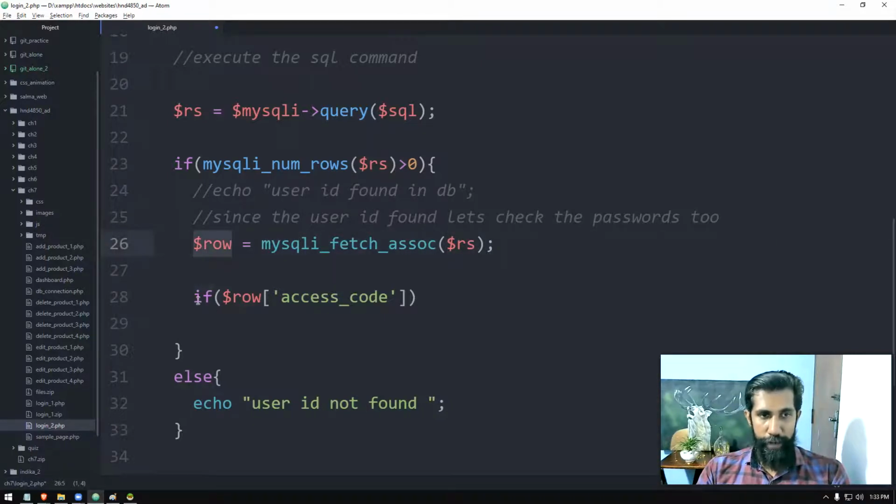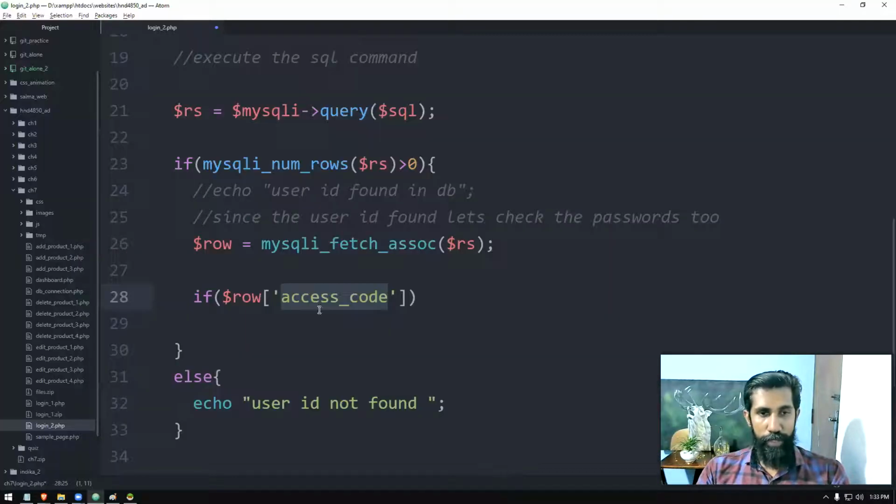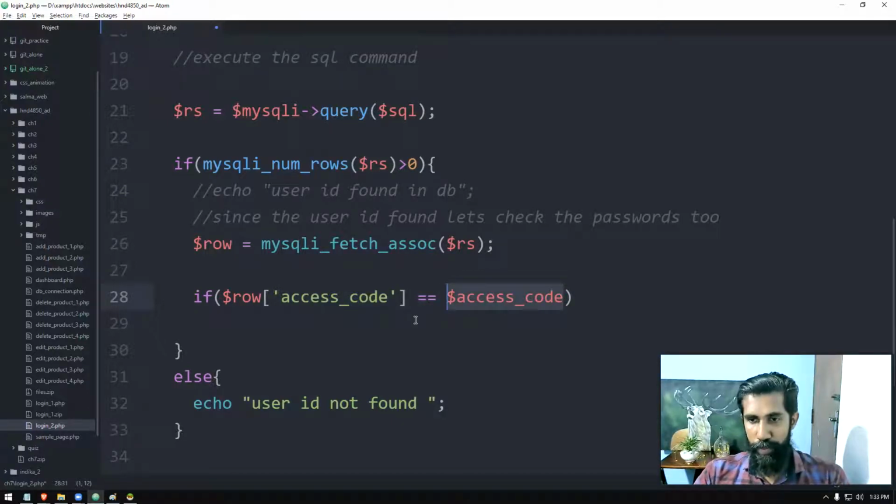So when you say if condition row array access code, we are referring to the database column value. That means we are referring to the real value in the database. Then we say is equal to, dollar sign access code. This is the user typed access code. In the previous page, user entered an access code, which means the password.